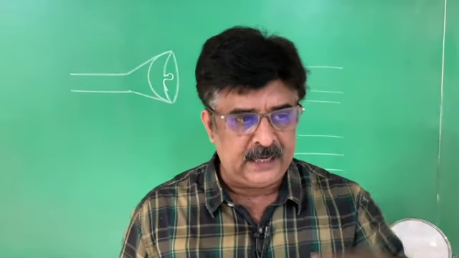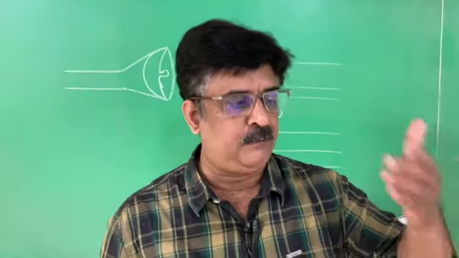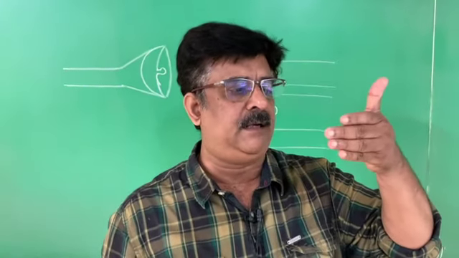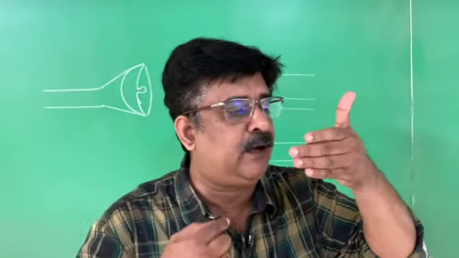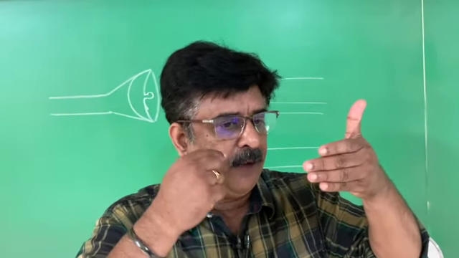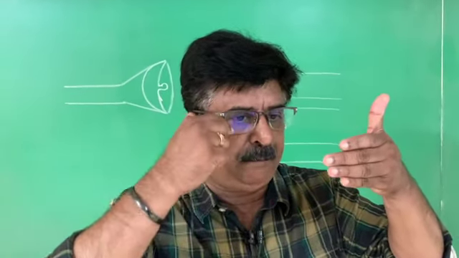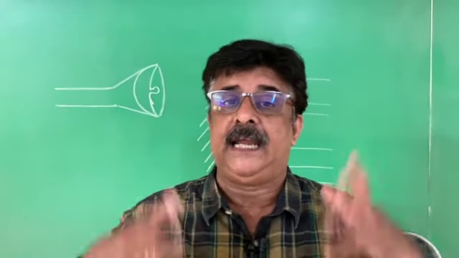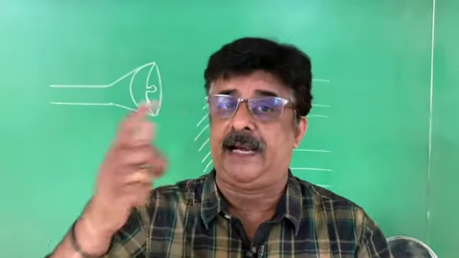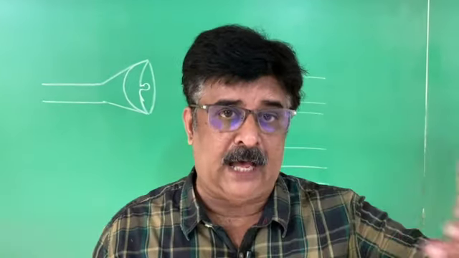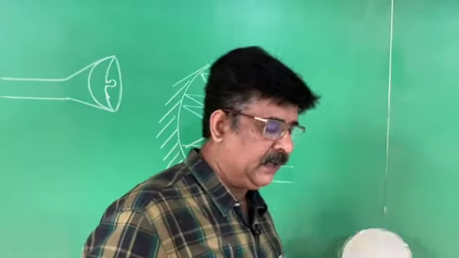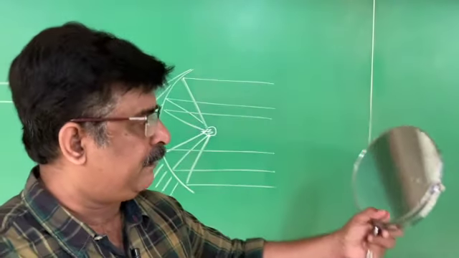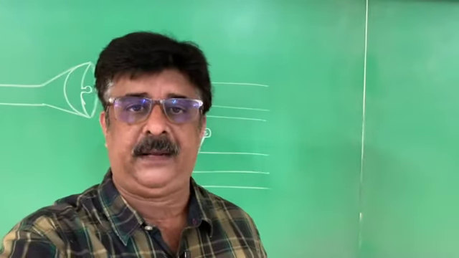In the same way, for shaving also, we have to keep the face very close to the mirror. Why? Because when the object is placed between P and F, only then do we get an enlarged, virtual and erect image. When we keep it very far, for example, this shaving mirror, if I keep it very far away from me, I get an inverted image.